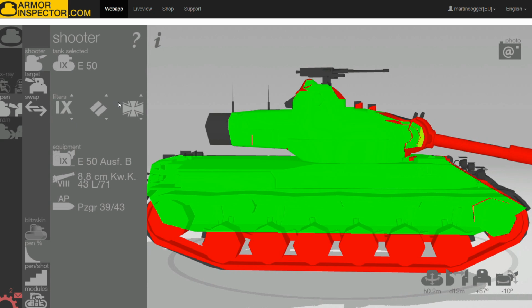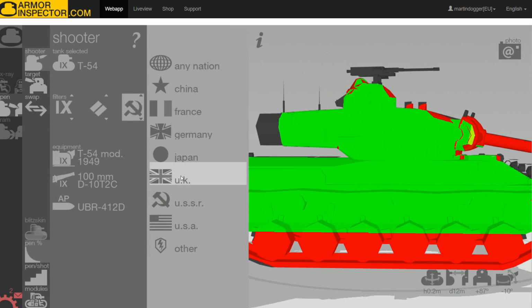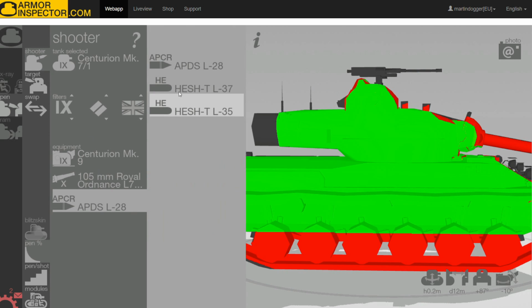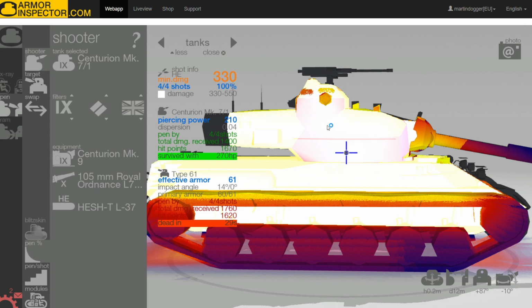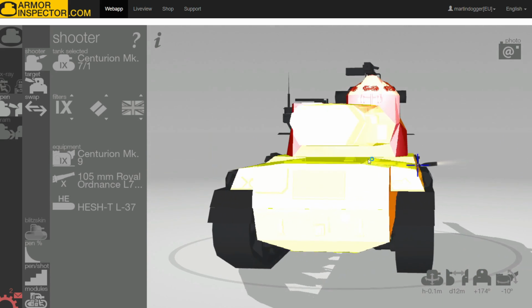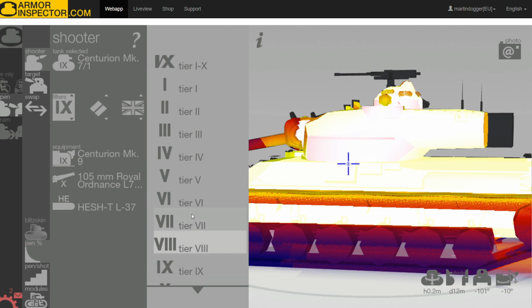Tier 9 also has a few other tanks which are good tanks. Let's, no, I don't want this one, I want that one, UK. The Centurion Mark 1, very good penetration values on its APCR, but let's take a look at the HESH. White will pen. You can see it, minimal damage 330. It will pen every single time, and really every single time it will go through. There's nothing you can do about that, sadly, but yeah, it is a weak tank in the armor department,